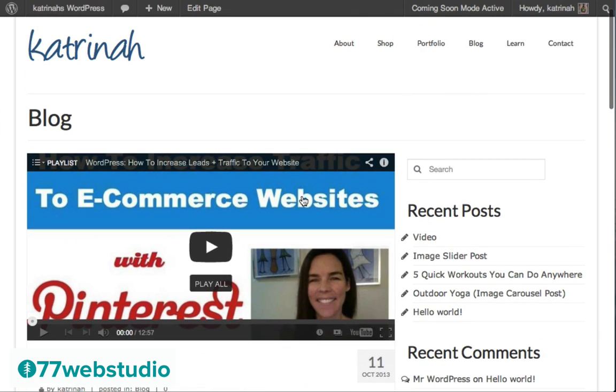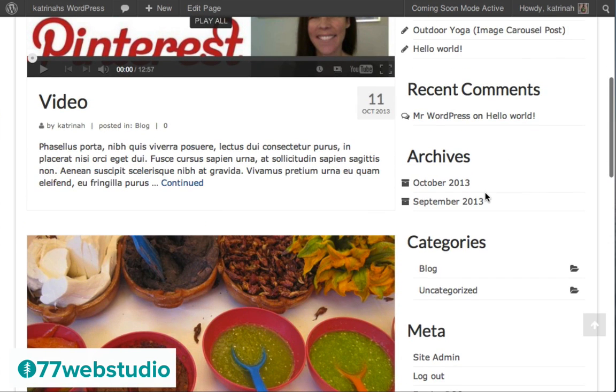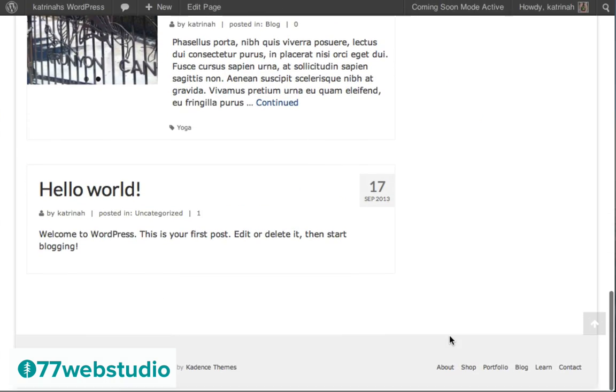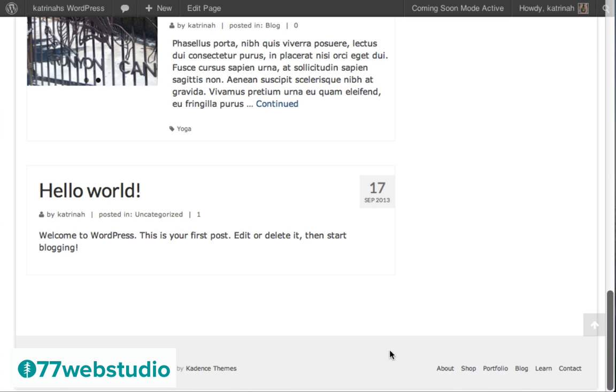Okay, so the next thing that we need to do when we're looking at our blog, for example, we have all of this content here. This is customized content in the sidebar, so we can configure that, and we can also add a footer with more customized content down below.